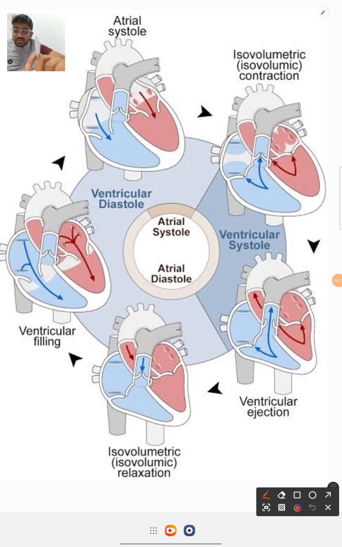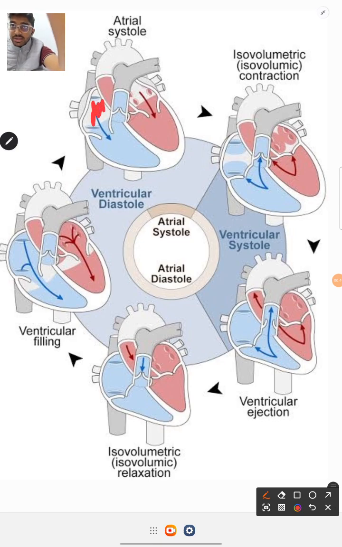This is very simple. You'll get to know it in only 1 minute. See, you can start from anywhere. Right now, I will start from atrial systole. So what happens in the atrial systole is